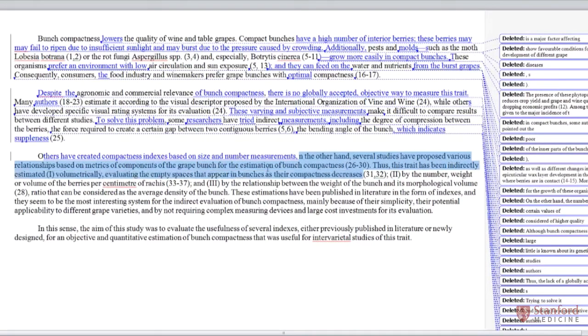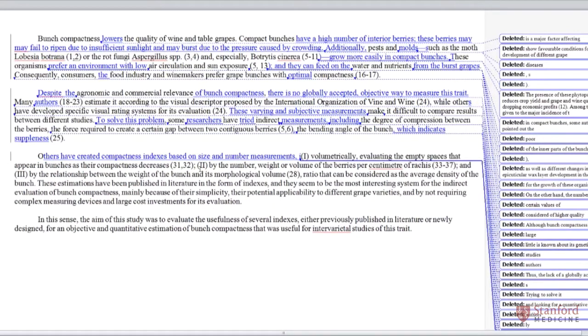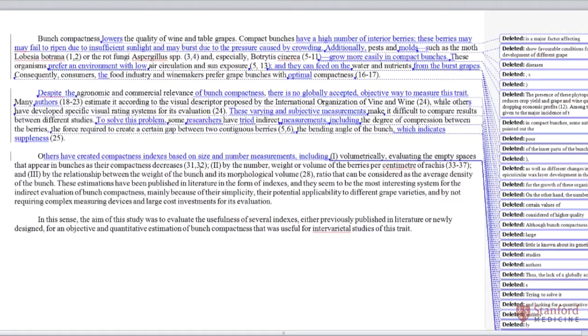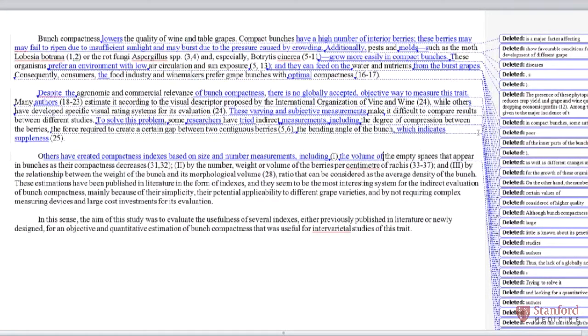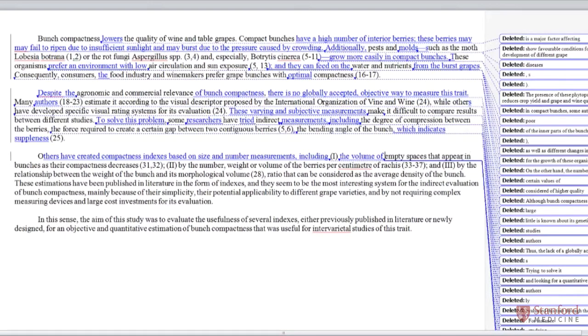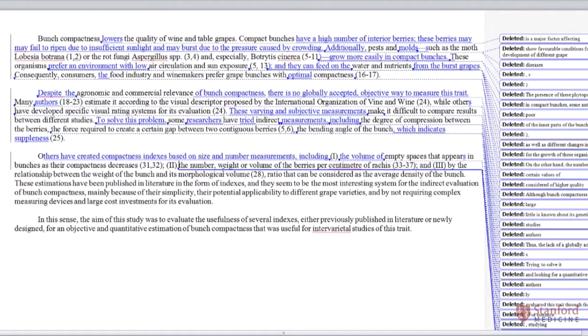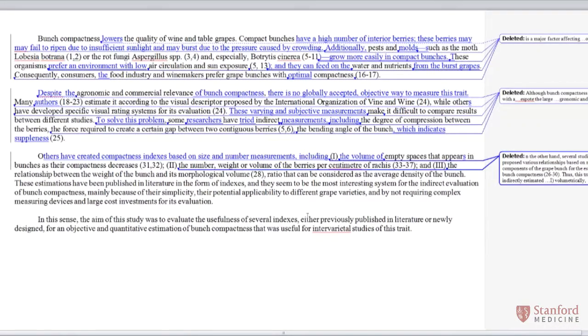So including, and then the author lists 3 of them. Now, again, I've set up for a list of nouns here, right? So based on size and number measurements, including, and then we're going to have to say volume rather than volumetrically. So including the volume of empty spaces that appears in bunches as their compactness decreases. 2, by the number, then we're going to have to say the number, weight or volume of the berries per centimeter of rachis. And 3, again, we're going to have to do the noun here,